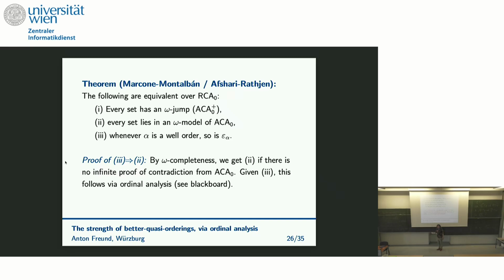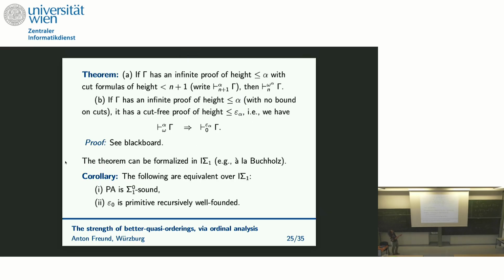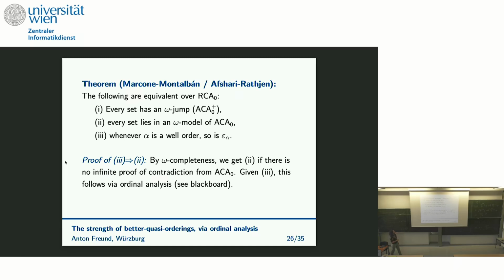Right? And that's also why you get these bounds epsilon alpha and not some bounds below epsilon naught, because you have these infinite formula heights. And that's essentially the theorem, that's essentially part B of the theorem here. Right here, we did not have a bound on the finite cut heights, so we had a bound omega, and then we saw that these epsilon numbers come in. And that's the same, essentially.